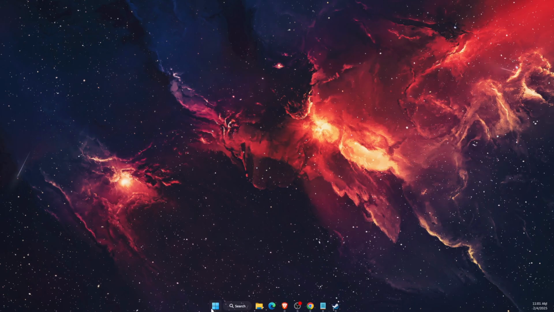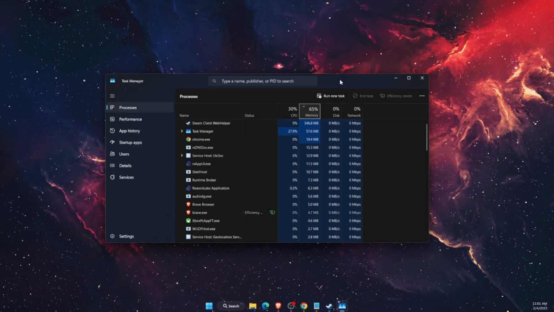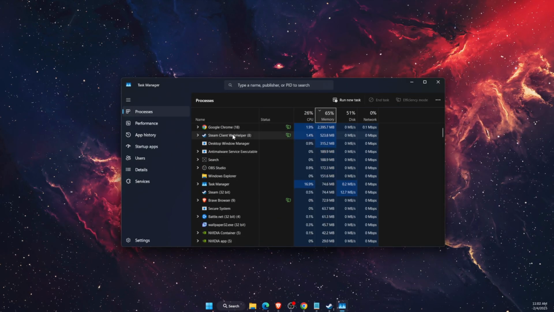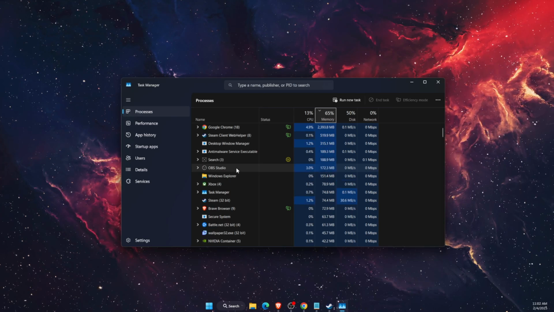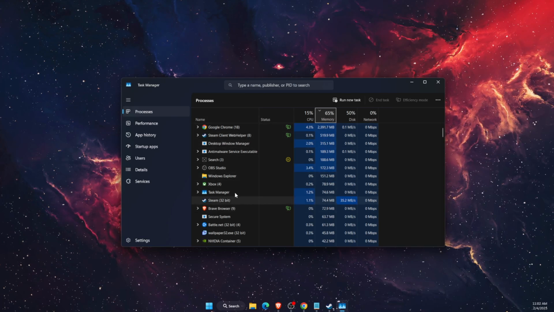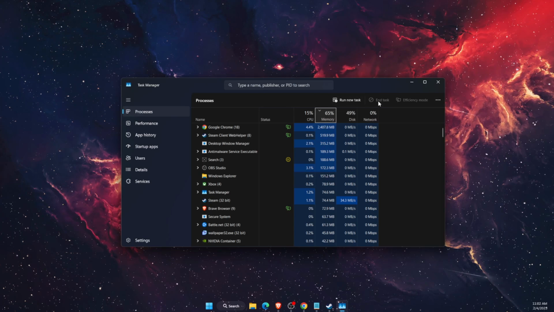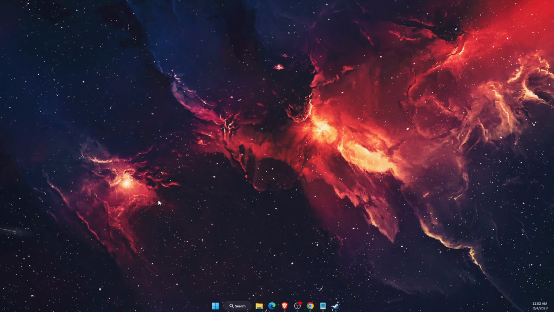Now you want to open up task manager if none of that fixed your issue, and you want to close any applications which may conflict with Steam, so maybe some like Xbox and so on and so forth. You want to go ahead and end task to all of them, and after that the last